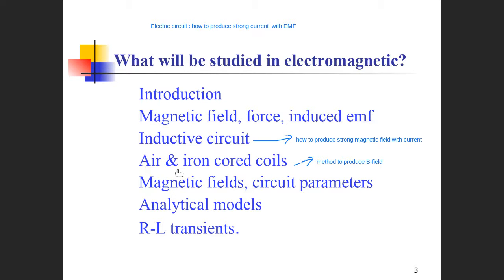So we have air-cooled coils that produce a strong magnetic field. Now, once we talk about producing a strong magnetic field, how strong is the magnetic field? What's the induction? So we have the magnetic circuit, we have the magnetic parameters to describe the relationship between the current,